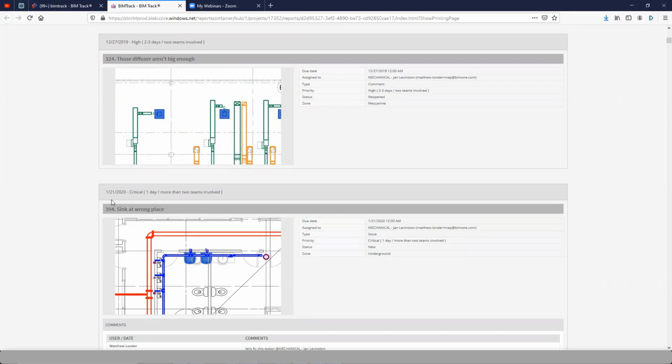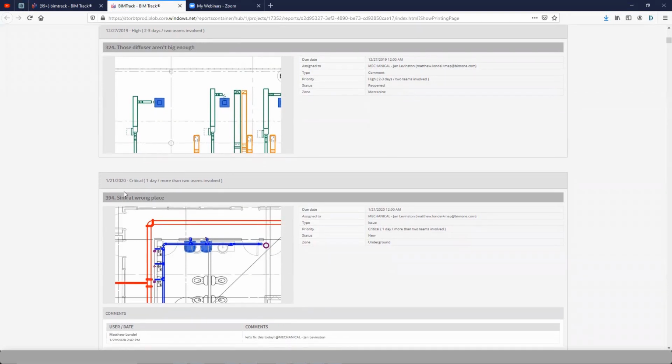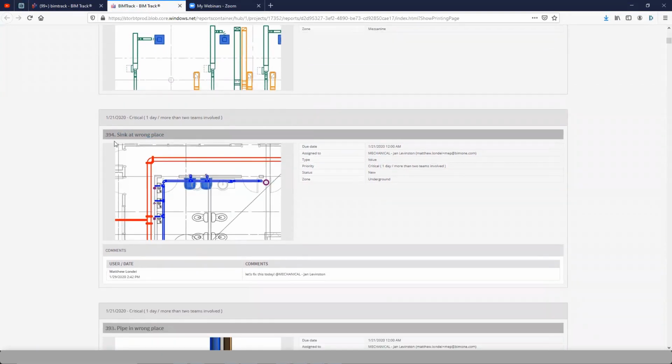It's high priority. Oh, I put the priority in the wrong order. Issue 394, sync at wrong place. Very overdue. I can see comments. I can see the properties I've asked it to expose. If at any point in time I want more information about this issue, I can simply click on its title